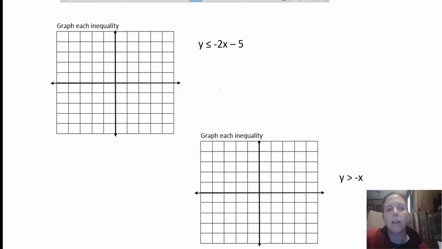So we are going to graph a few more. Oh, let me get my right pencil here. Okay, so we go here, we look at our y-intercept, which is at -5: 1, 2, 3, 4, 5. And our slope, again, is negative. But we're going to have to go up 2 and to the left 1, up 2 and to the left 1. And it is a solid line because it's less than or equal to, and since it's less than or equal to, it's going to be shaded